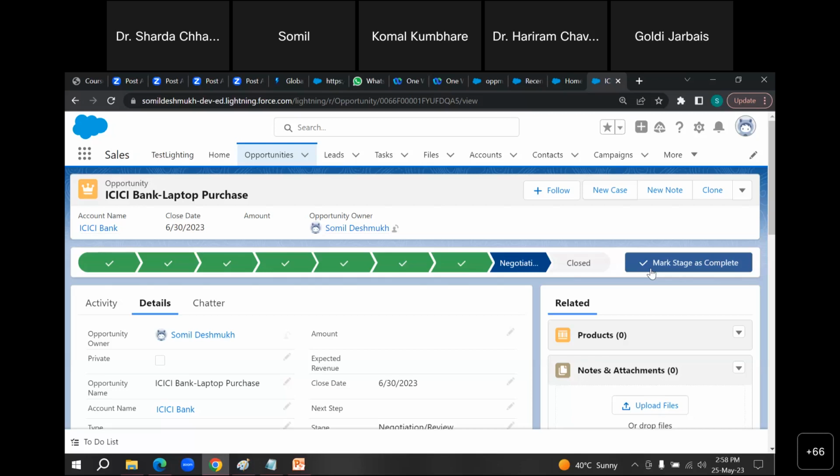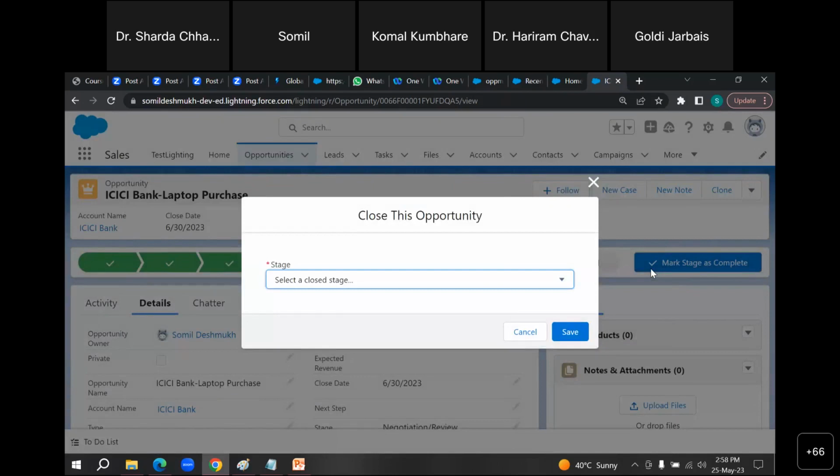And when all these parts are completed, when all the meetings are done, when all discussions are done, when all negotiations are done, when all approvals are done, at that point, there can be two stages. A close won or a close lost.